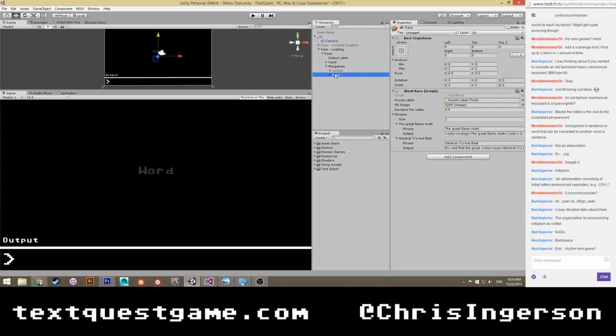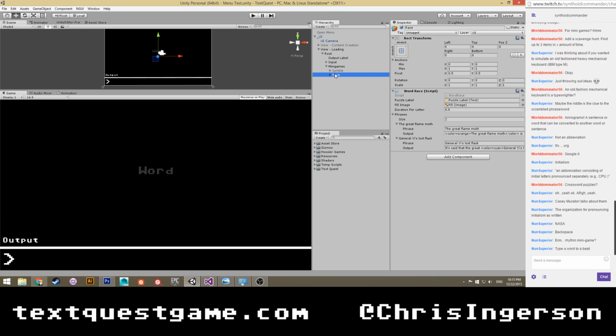I suppose I could take out the input field and have your keyboard interactions be done in real time. So if you had to unscramble magma, when you type M, it would type the M in the magma, and the M would change to a different color or something. That way, instead of having to type and then press enter, it would be real time, and you would have to do it all perfectly, I suppose.